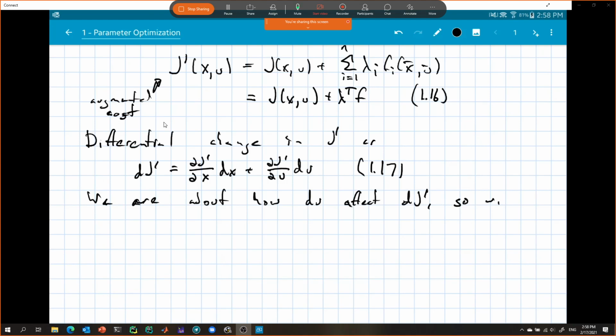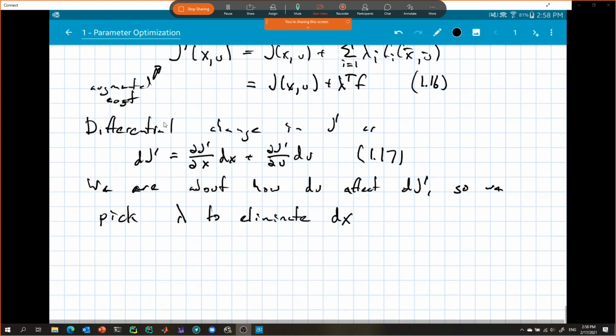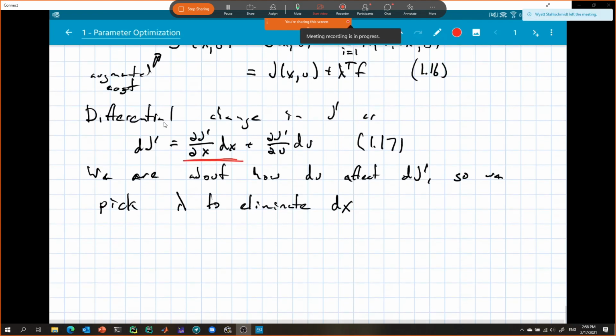We pick lambda to eliminate dx, so the dependency in x. Basically, we have this here, we want to eliminate this portion here, we're going to take that out. To do so, we just set